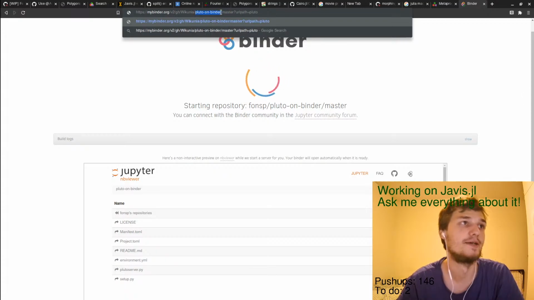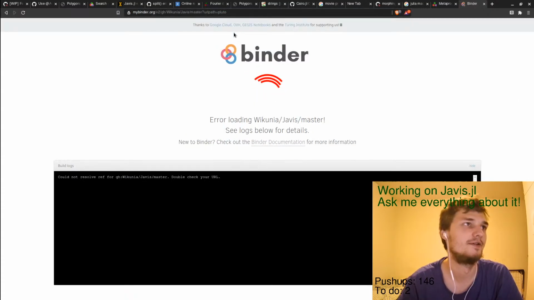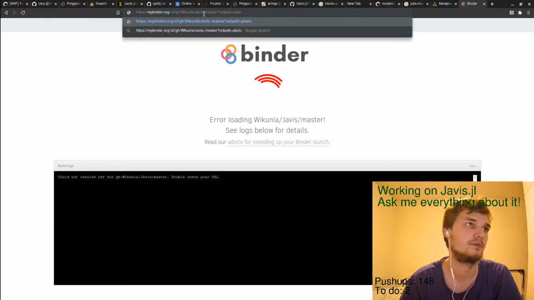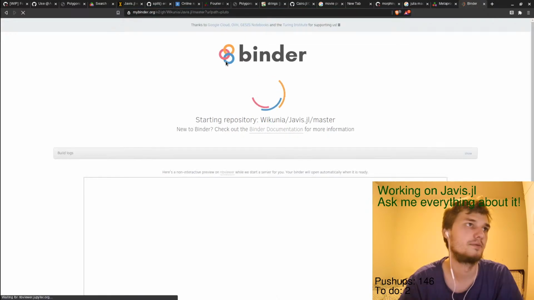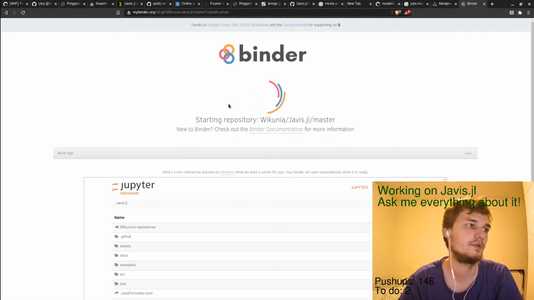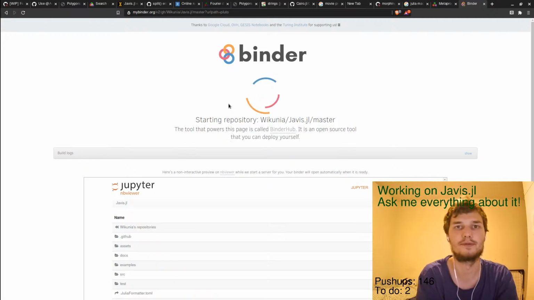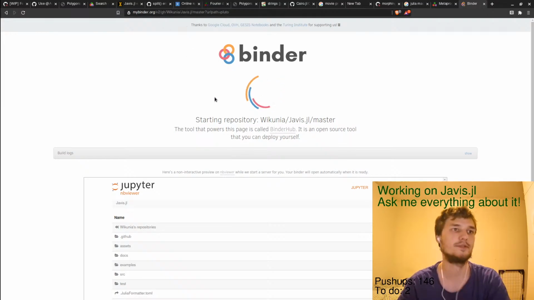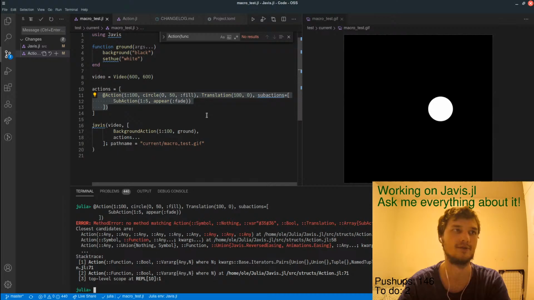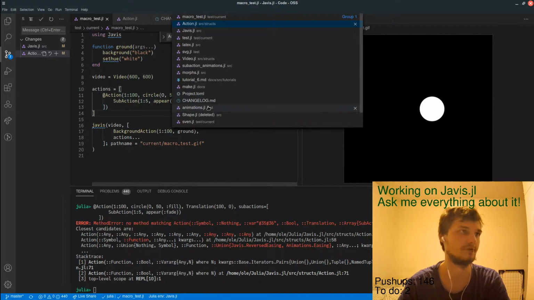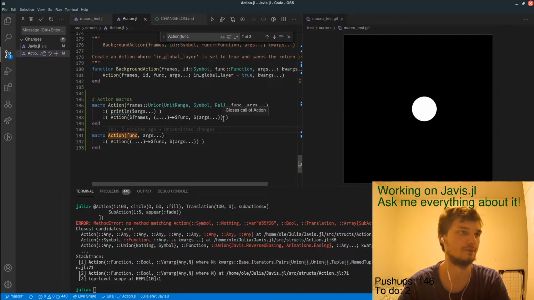I don't know my binder. Huh, okay. Yeah, maybe you can just have a GitHub repository and then use this URL and share it. That's probably the easiest way to do it, I would assume.